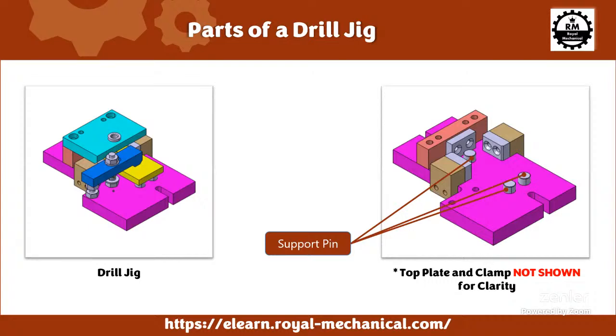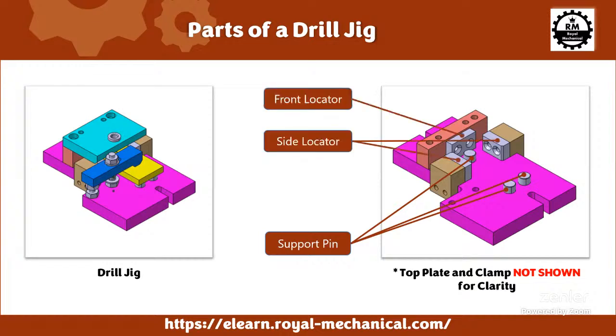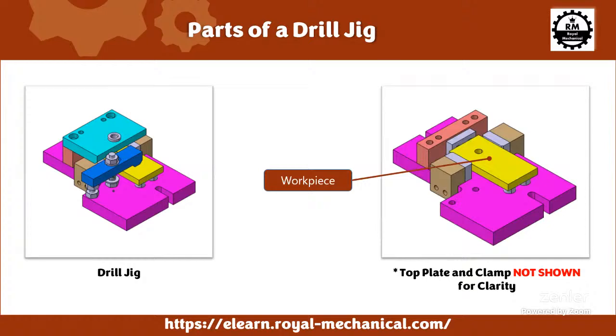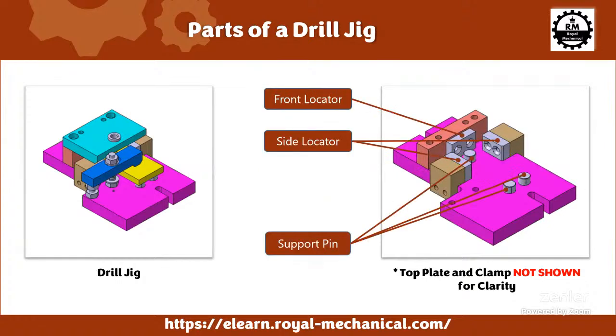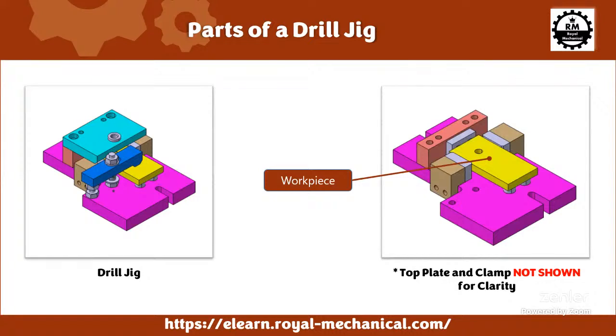Here we have a better view. What I have done here is I have hidden the top plate and the clamp so that you can have a better clarity. We can see the 3 support pins on which the rectangular plate or the workpiece will sit. And then we have the front locator, 1 front locator and 2 side locators. Now you can see very clearly the workpiece sitting on the rest pins and in between the locators. You can see the workpiece sitting on the 3 support pins in between the locators, the front locator and